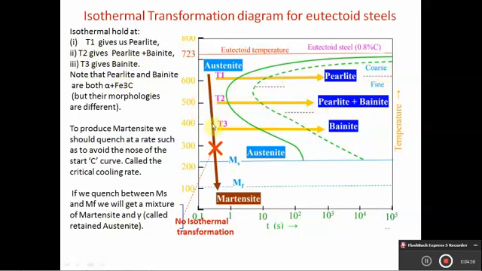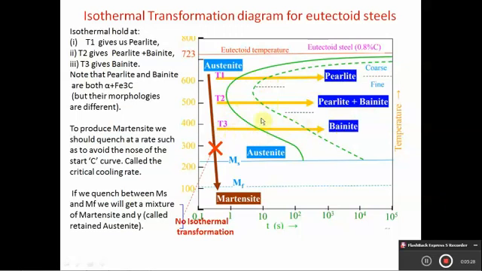When the temperature is maintained at 400 or somewhat less than 400 degrees Celsius, as denoted by temperature T3, austenite will get transformed into bainite. Till this point there will not be any transformation started, but when the dotted line is reached, the transformation will end, and the transformation products may be pearlite, a combination of pearlite and bainite, or a complete